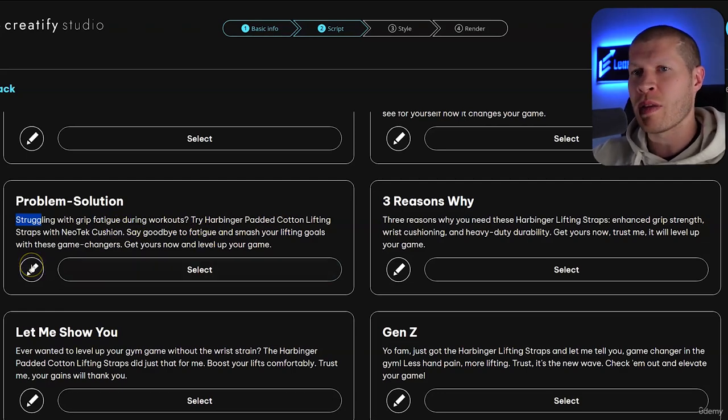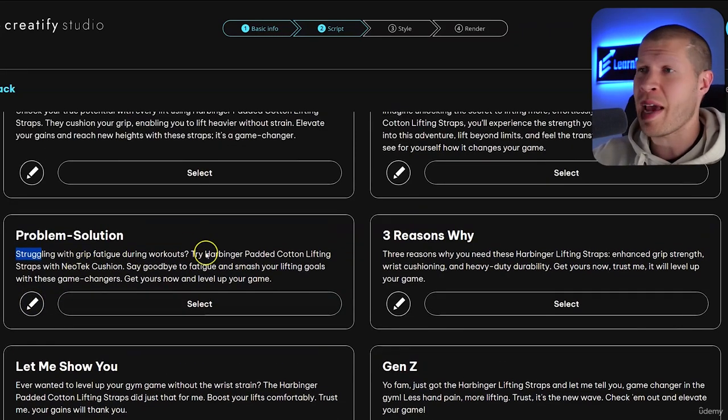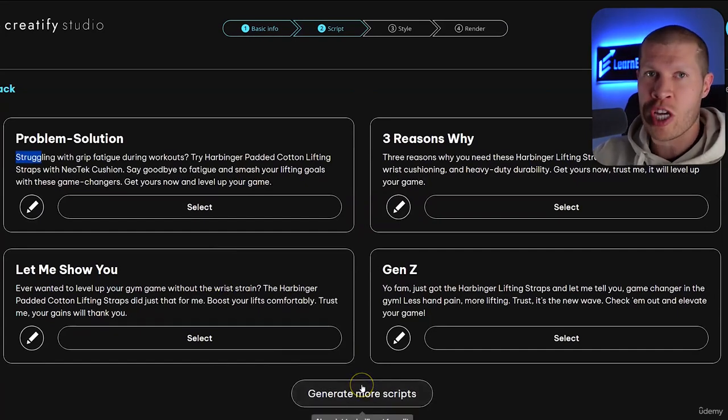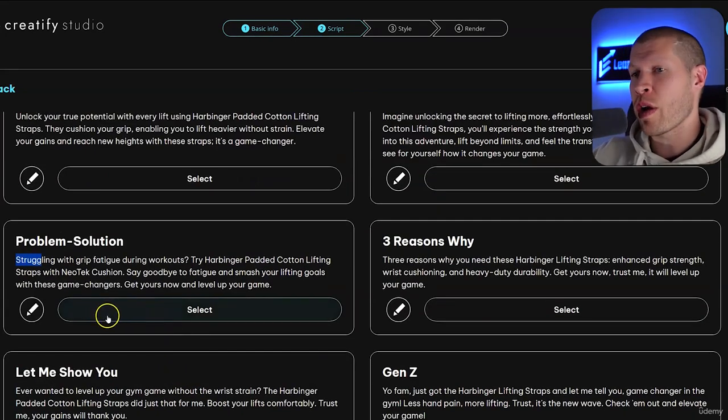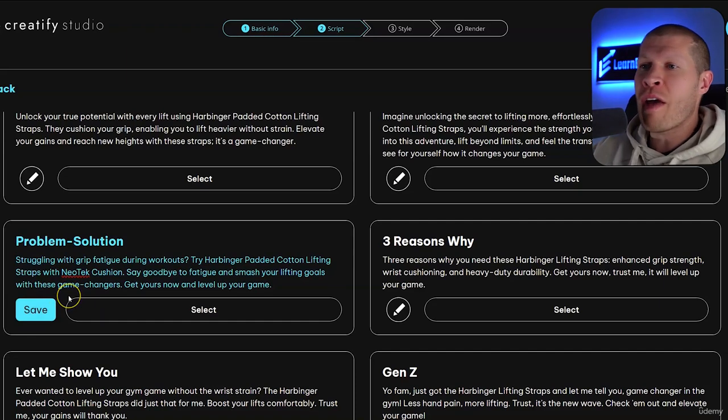So I'm going to use this one because I like the way it presents the problem in the beginning, but honestly, any of these would work, and you can obviously generate more scripts if you didn't like any of these. So if you like this, right off the bat, you just click select and then click next. I'm going to edit this because I like to take the actual brand name out,